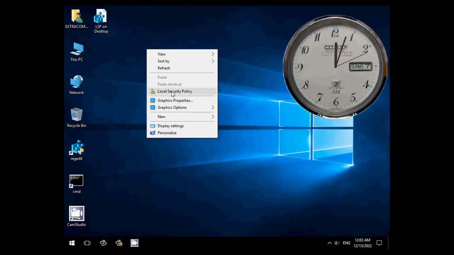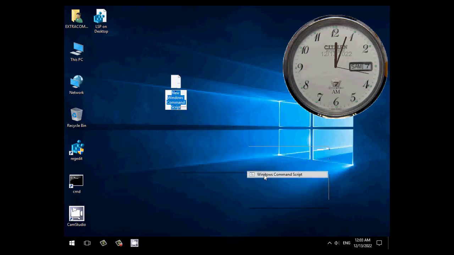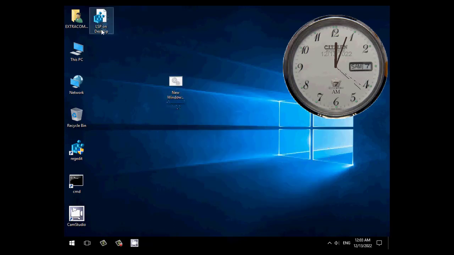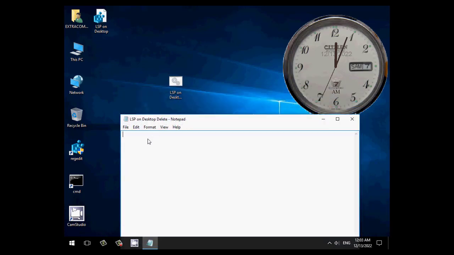How do we remove this key from the desktop context menu? We can make a new command, a Windows command prompt file. Inside this one, I'll name it the same: on desktop, LSP, local security policy on desktop, delete, because we will delete it from the system. What command is responsible for deleting? So reg